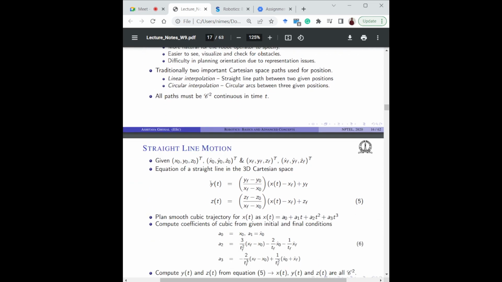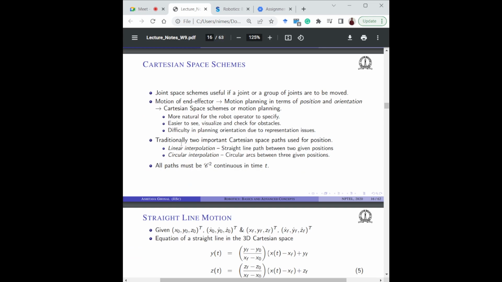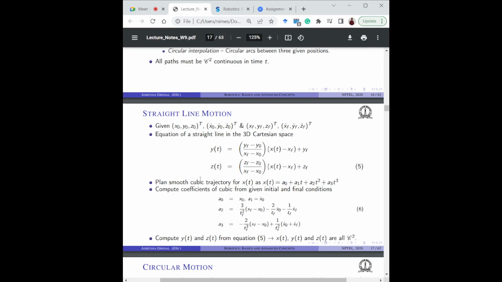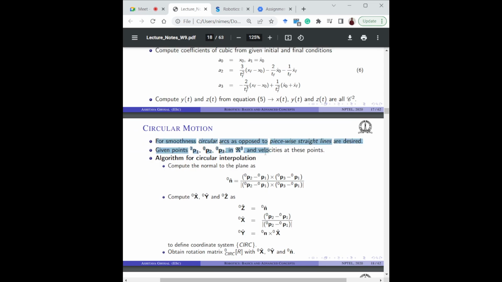This is for straight line motion. You just specify a straight line, and since you have specified the straight line, that is essentially what you want to do. You just need to plan this x of t, since you want to specify the 3D trajectory. You can specify x of t, and then use linear interpolation for the other two axes. So you plan a cubic for x and a linear for y and z. And then for circular motion, this equation